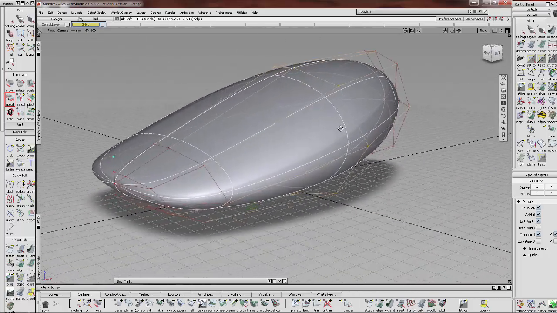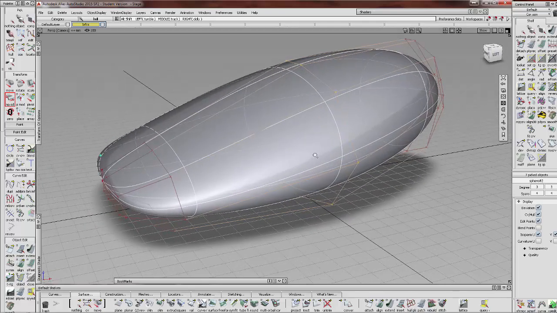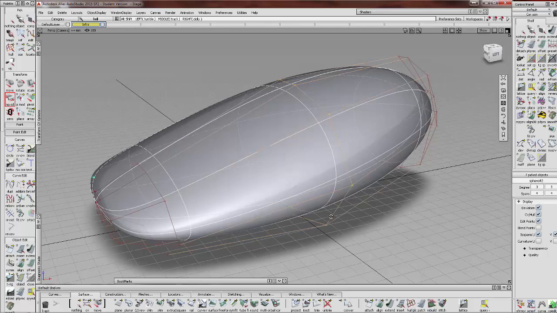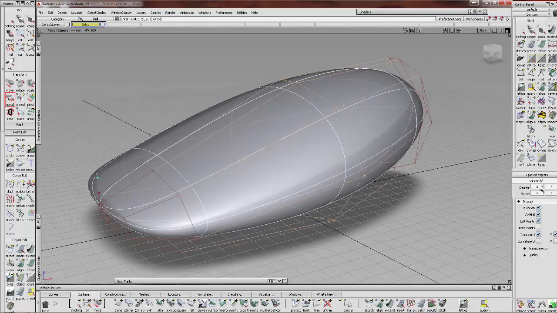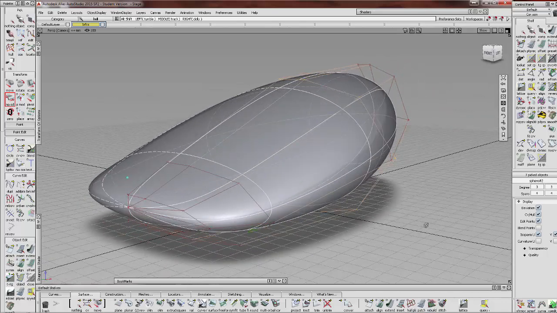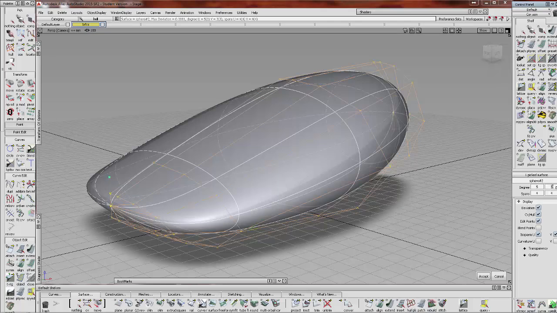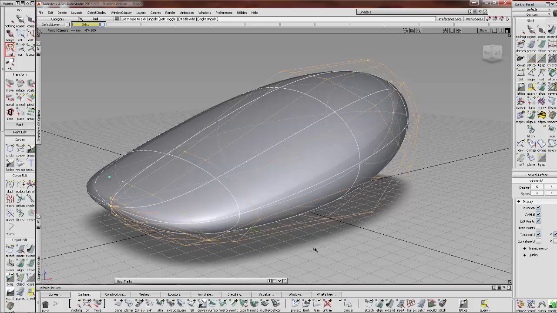Now of course this is not a car, this is by far not a car, but I can increase this. As you can see, this is a pretty simple form still. Third degree curves and fifth degree, fourth degree, four spans in between. So that's pretty simple to work with. I can change this around and make this a fifth degree and this a fifth degree, which gives me a bit more space to play around with, a few more CVs,